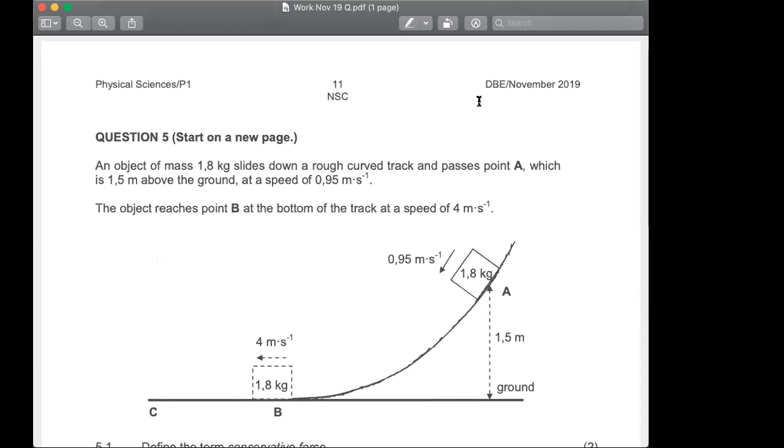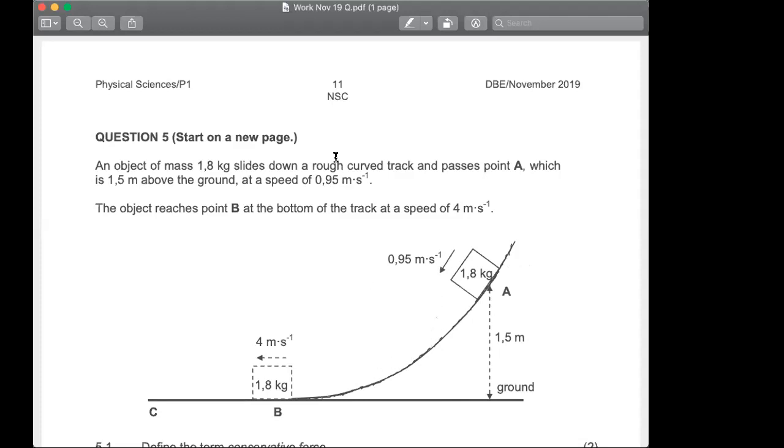It says, an object of mass 1.8 kilograms slides down a rough curved track and passes point A, which is 1.5 meters above the ground, at a speed of 0.95 meters per second. You're lucky the diagram was drawn and it gave you the details. Draw a sketch if you want, or if you don't want, it's fine because it's quite well done here. You have this object, the mass is 1.8 kilograms, the initial velocity is 0.95, and then it's going down a